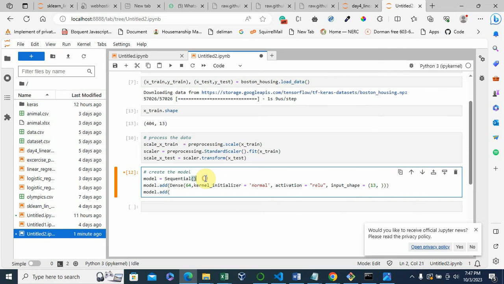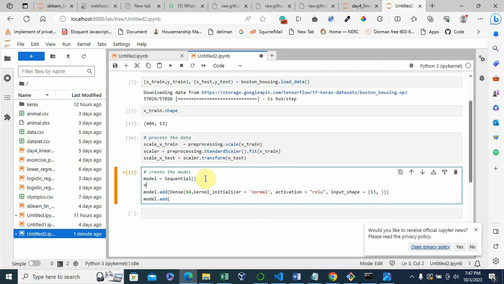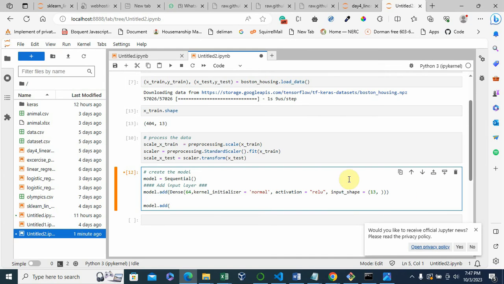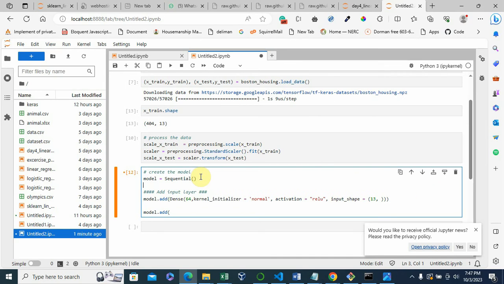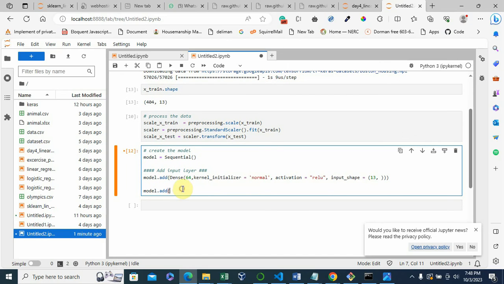Let me put a comment here: add input layer. And then the next thing we want to do is again add another layer, a hidden layer.